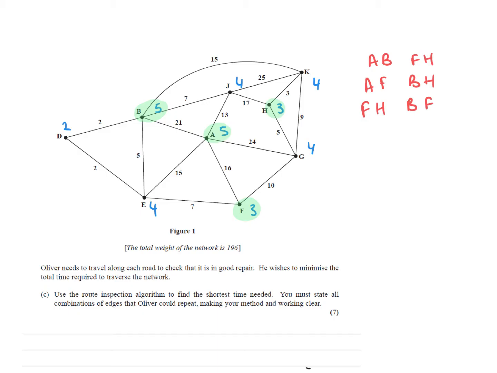Now, this is all by inspection really. What is A to B? Some of you might look at this and think, oh my God, A to B, 21. No, that is wrong and you are a fool. Because we could do AJB, 13 plus 7 is in fact 20, which is less than 21. We want the smallest possible way. Now, if I have a look at this, I've got 15 and 5 is also 20. Personally, I think 20 is the best one. It's really important, whichever way you choose,